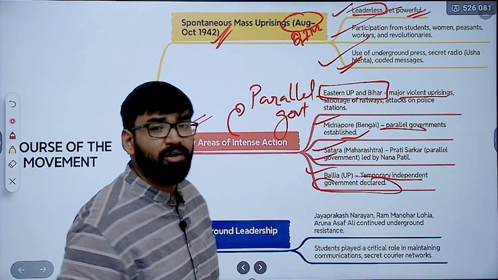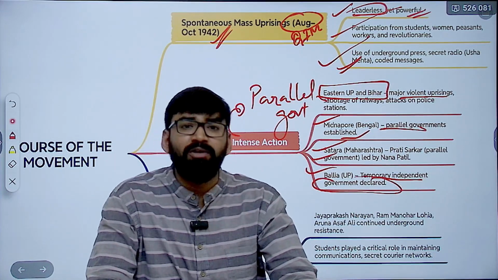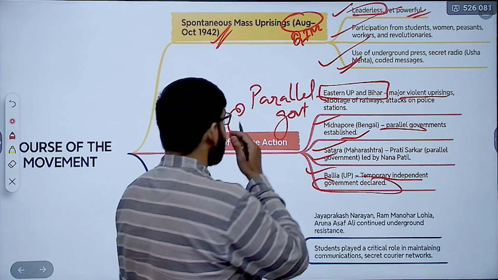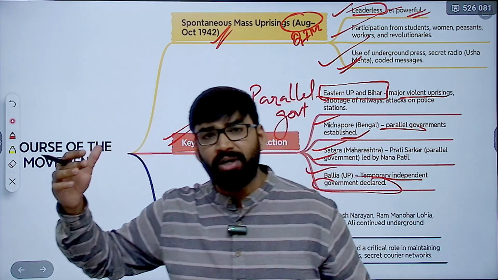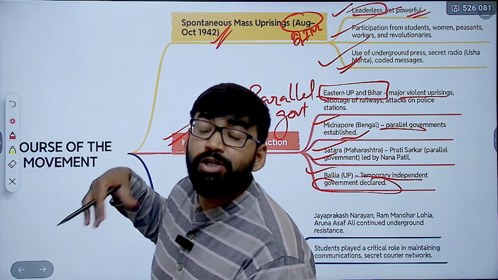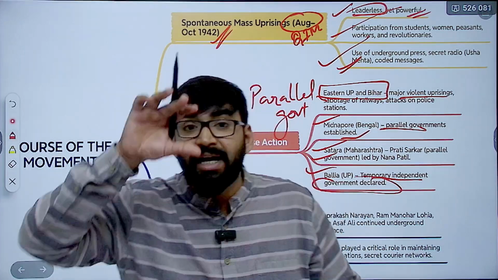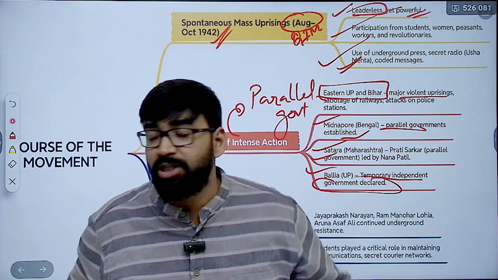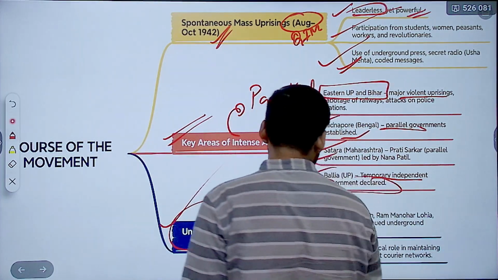These are some important features as well as facts with respect to the Quit India movement. Apart from this, in this movement all the forefront leaders, all the important leaders of Congress were arrested. Now, who is going to manage the leadership of this movement? Now you will see that a second front of leadership will come into the picture. So the third important feature was underground leadership in this movement.